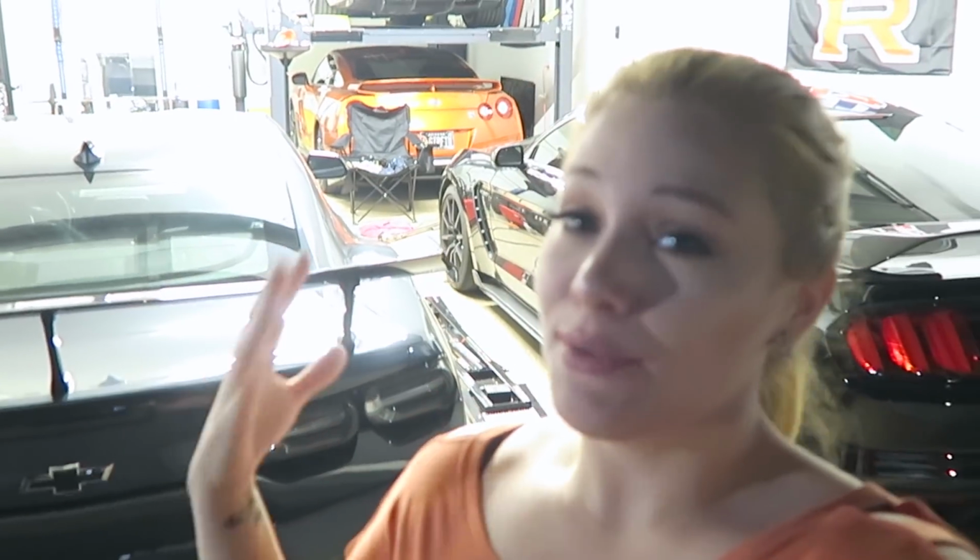Meanwhile, my Camaro ZL1 1LE is completely stock. I haven't taken it to the dyno yet, but I will be doing so next week because I want to get a baseline before I start doing any modifications on it. So stay tuned for that video. Now on paper, it's making 650 horsepower to the engine and 650 pounds of torque. Like I said, I really don't know what it's making to the wheel because I haven't dynoed it yet, but